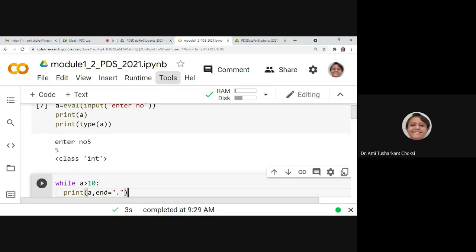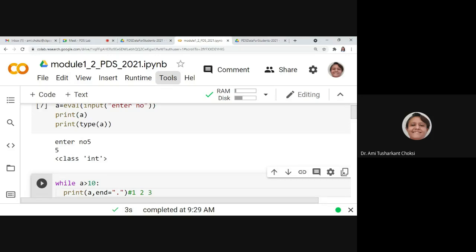What is special about it is that typically when we are using a print statement, you will be able to see output 1, then a new line, then 2, again a new line, then 3, right? So vertically you will be able to see 1, 2, 3, 4. That way we are able to see the output if it is a while loop or any other loop.